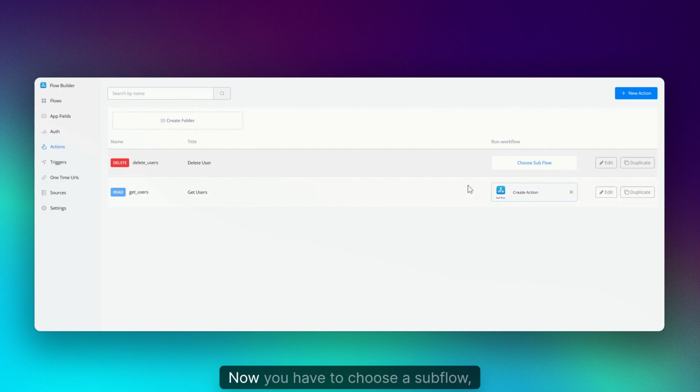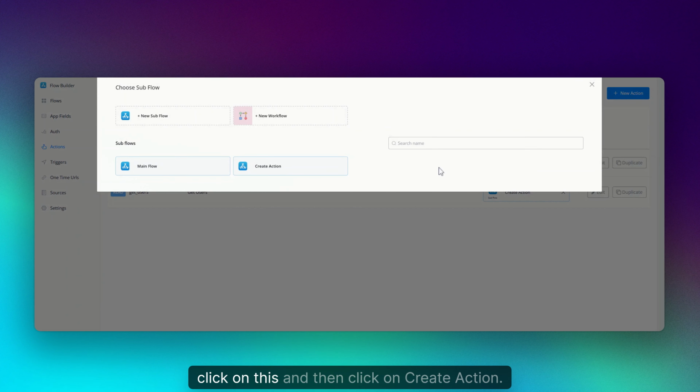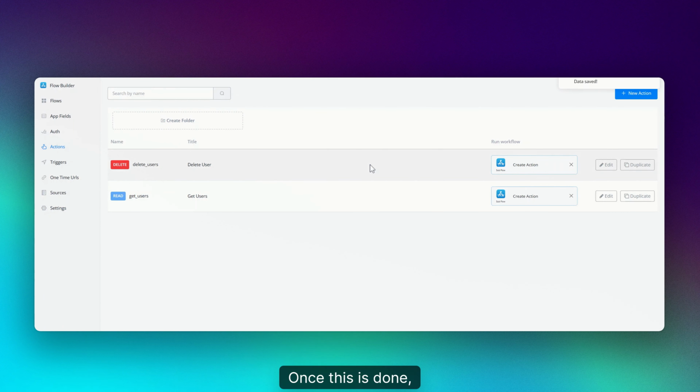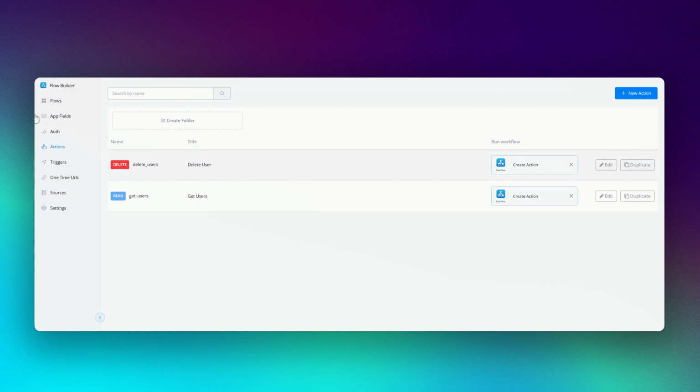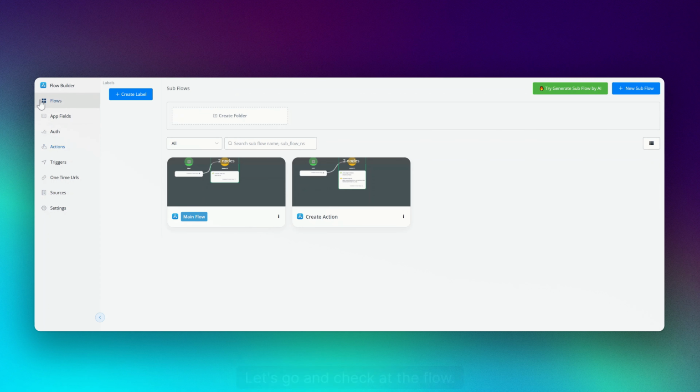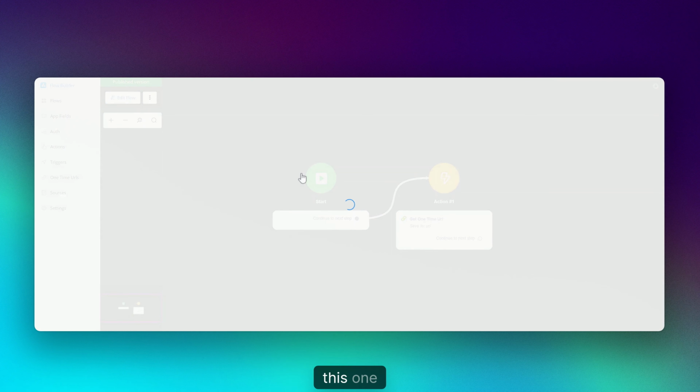Here's the action. Now you have to choose a subflow, click on this, and then click on create action. Once this is done, your action is integrated with your flow. Let's go and check the flow. If you go to the flow, this one, edit flow,